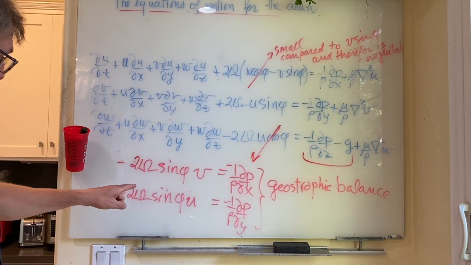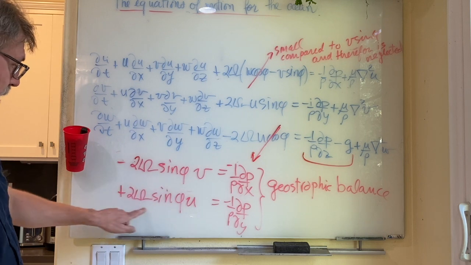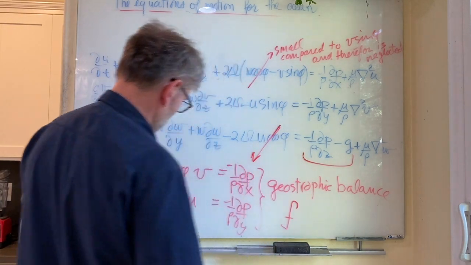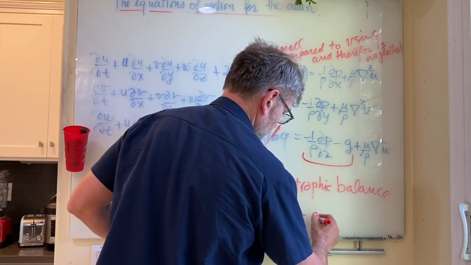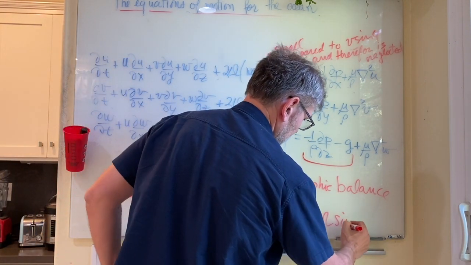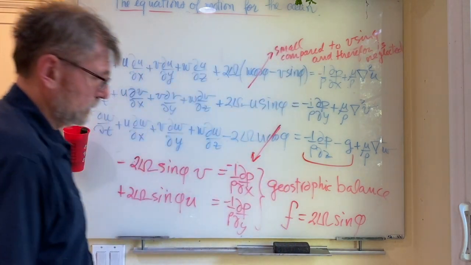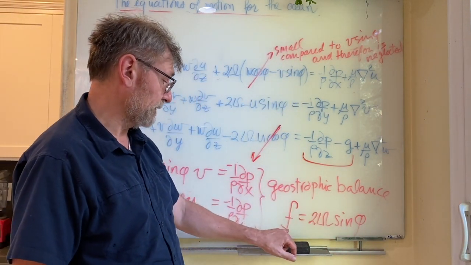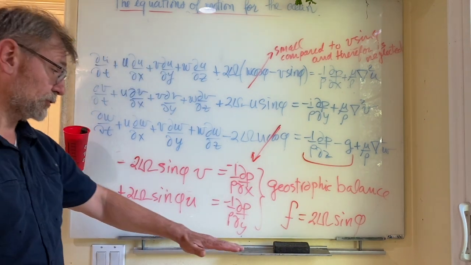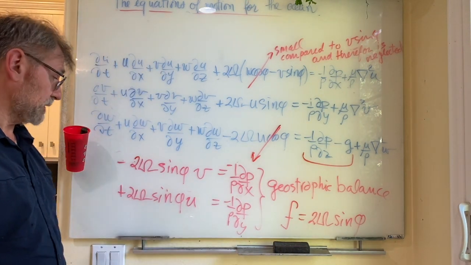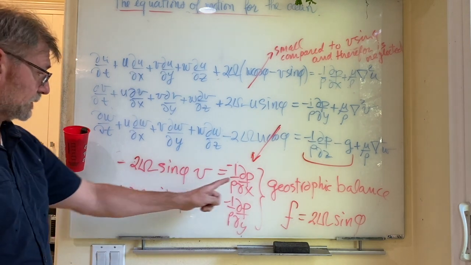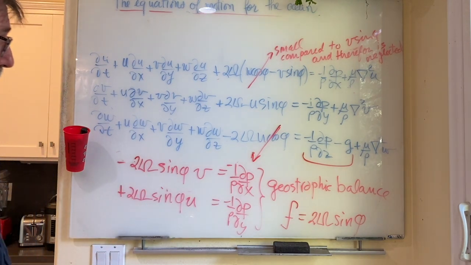And in the geostrophic balance, this parameter 2 omega sine phi appears in both equations, so we usually define a parameter called f, which is the Coriolis parameter, equal to 2 omega times the sine of the latitude, sine phi. At the equator, where phi is 0, sine phi vanishes, so the Coriolis parameter vanishes. And so we don't get a geostrophic balance close to the equator, but as soon as we move off the equator, maybe 2 degrees of latitude, already this balance becomes pretty good, and we have geostrophic balance on fairly large